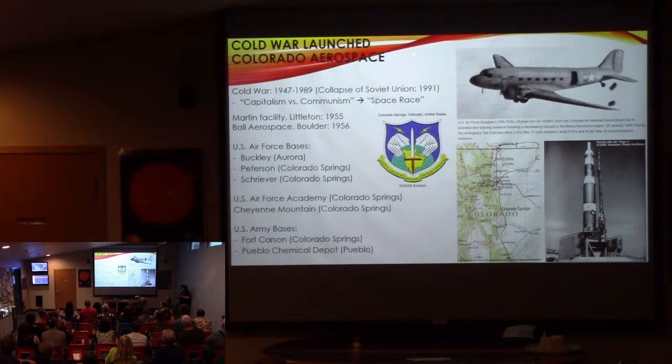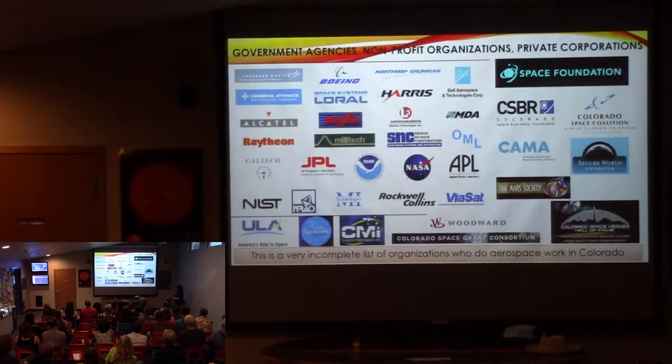Now, to be completist, there's a big Army base in Colorado Springs called Fort Carson. There's also a chemical storage facility in Pueblo. So when you look at this, you'll notice that all the military and aerospace facilities are pretty much along this I-25 corridor. And there are a lot of these facilities now. This is just a tiny sampling of the organizations that do aerospace work. Everything from,